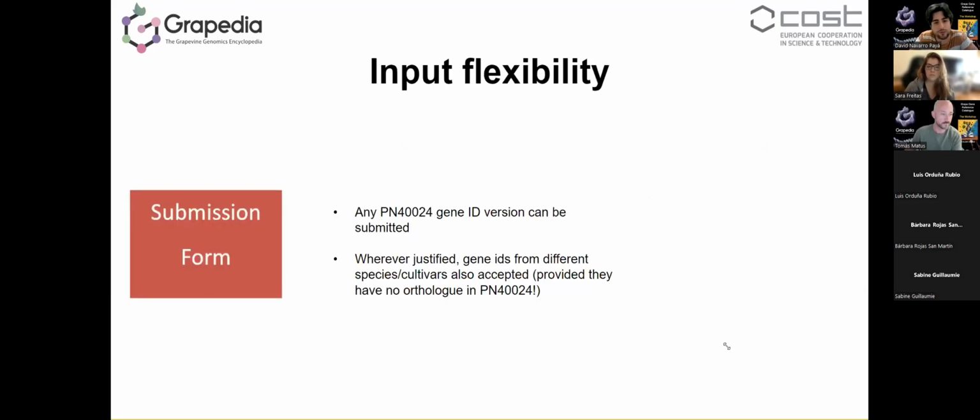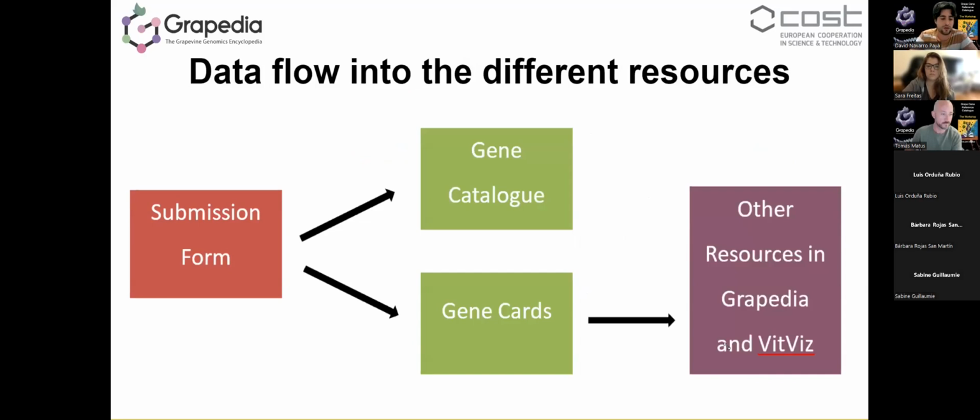We've kept the input as flexible as possible. As I mentioned before, we're now allowing any gene ID to be submitted from the reference genome, besides those rare cases we mentioned of different cultivar IDs. This means that this information will be split or distributed across the different resources. Some information will go to the gene catalog, the table, some will be reserved for the gene cards,